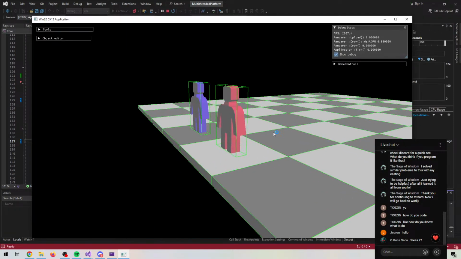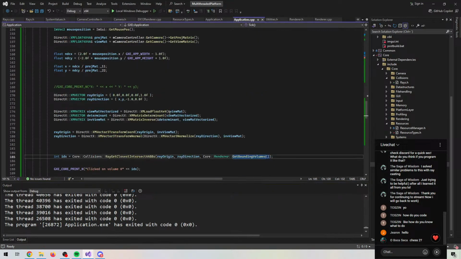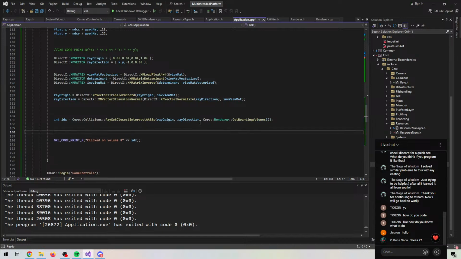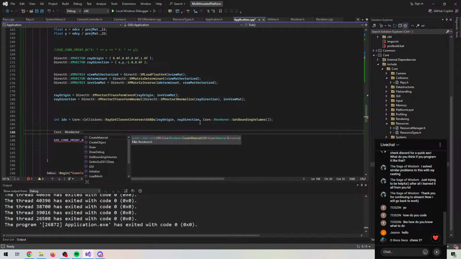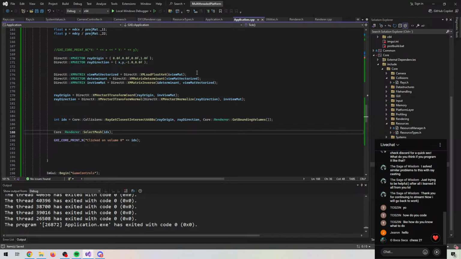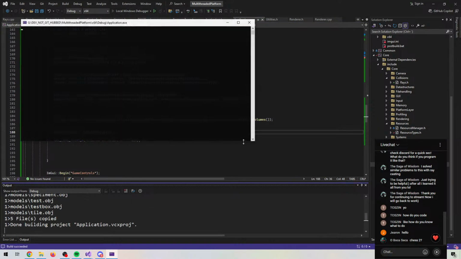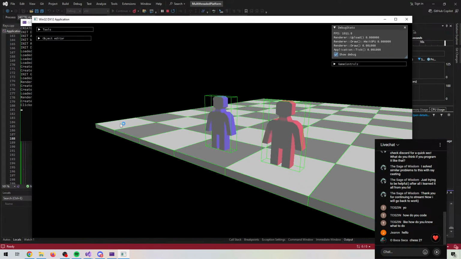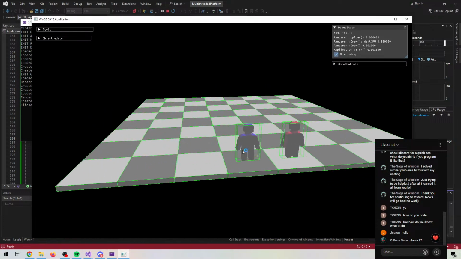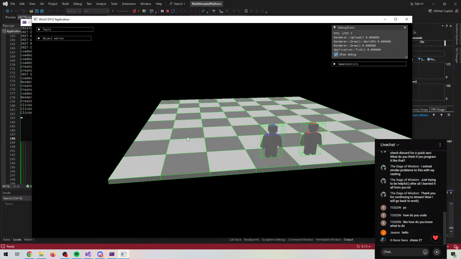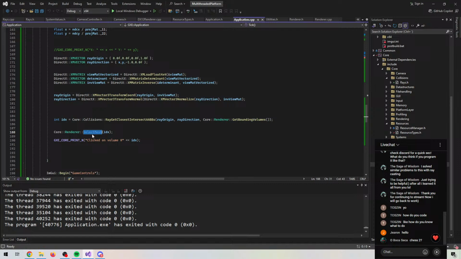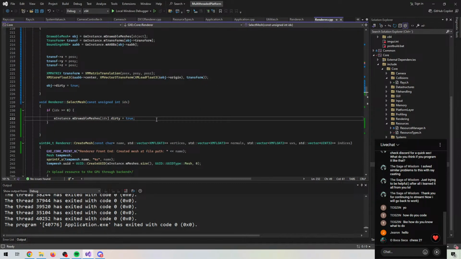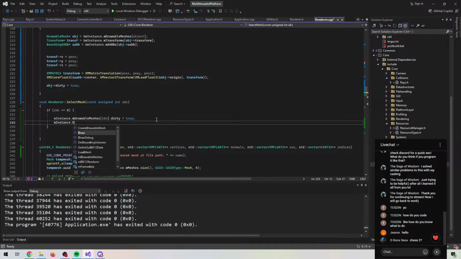So this should still create them with green, yes. But if we try asking our renderer here, select mesh. Okay. Well, it was supposed to change something then. And of course set the